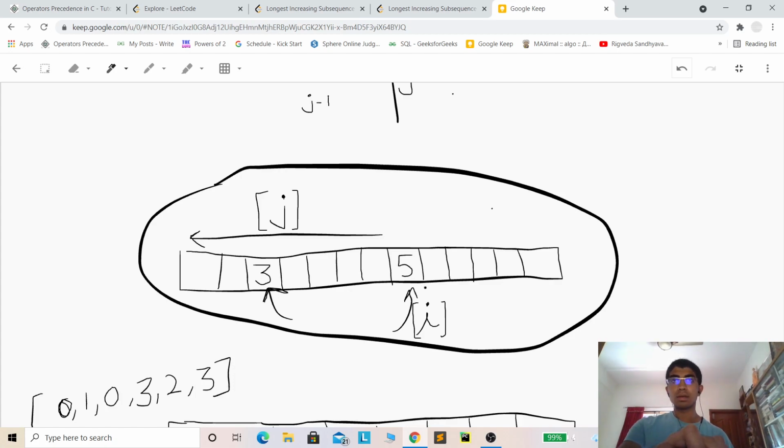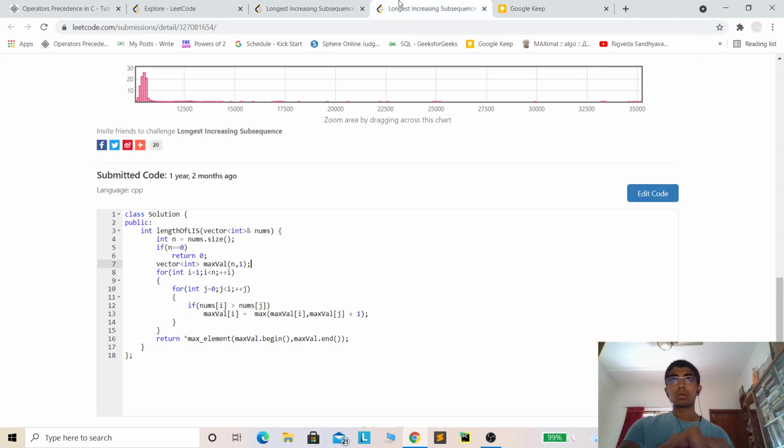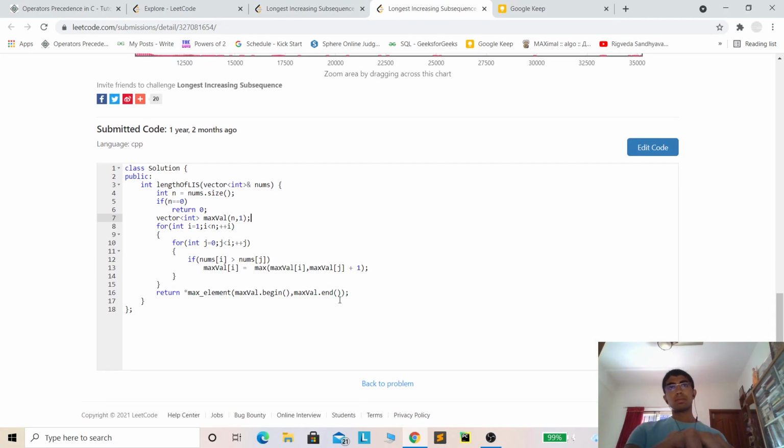So that is the reason we do DP of i equal to DP of j plus 1. Whatever ended at j, we can increase it by 1 by appending this greater element at the end of it. So this is the update statement, and we do it for all indices from first to last.